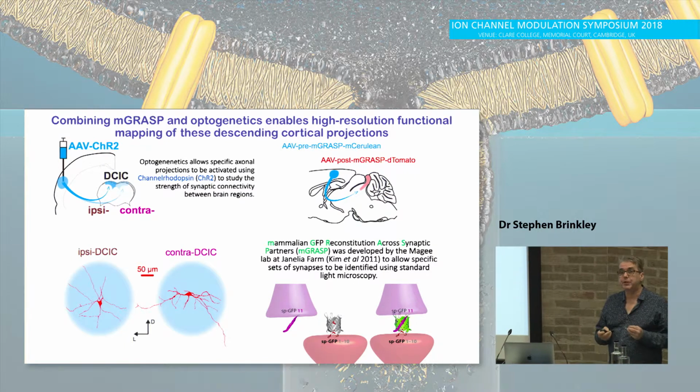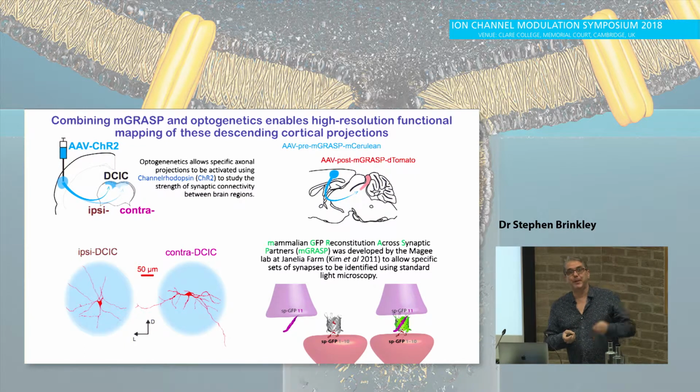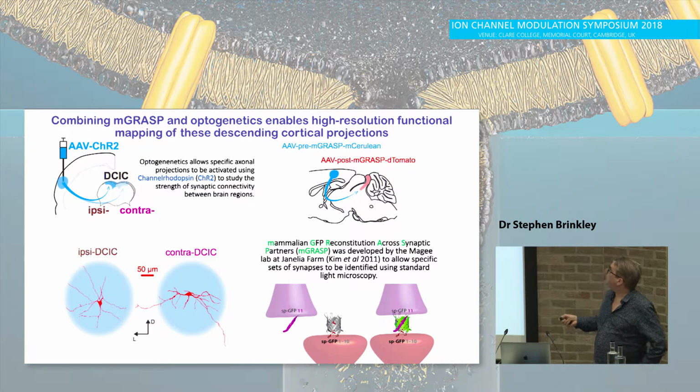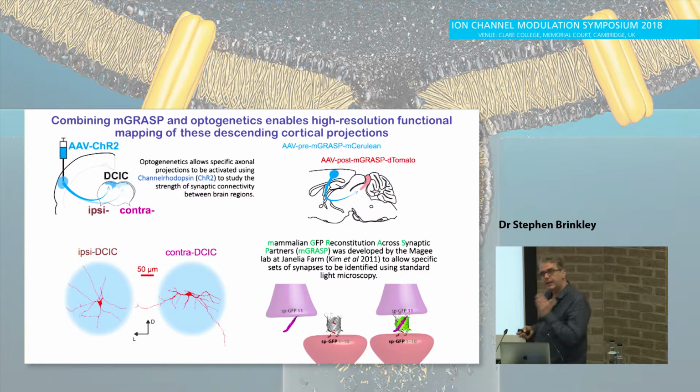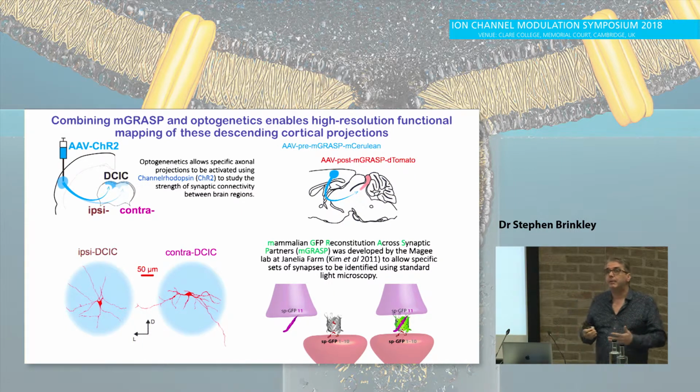But this is our point of principle study, and this is the auditory system. This is the projection from the auditory cortex to the inferior colliculus, and its ipsilateral and contralateral projections. We picked it because we know they're different. We know the ipsilateral has a stronger projection than the contralateral, and we wanted to see if these assays would pick that up and how sensitive they would be to that, and I was surprised. Mainly because MGRASP is amazing. Why does it work?